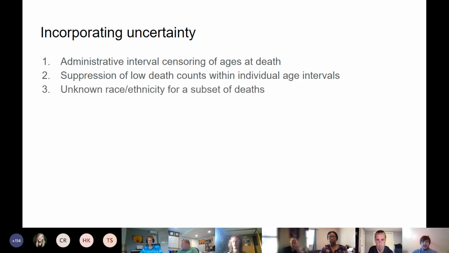One was interval censoring. So this data is taken from National Health Statistics, so we don't actually know the exact age that someone died. We have an interval. There's also suppression when the death counts are low within an age interval. And for some deaths, we don't know the race, ethnicity of the person. So one thing that's not on this list is statistical variation and sampling variation. And that's interesting since most methods are kind of focused on that. But here the authors had to use some interesting methods to deal with these three